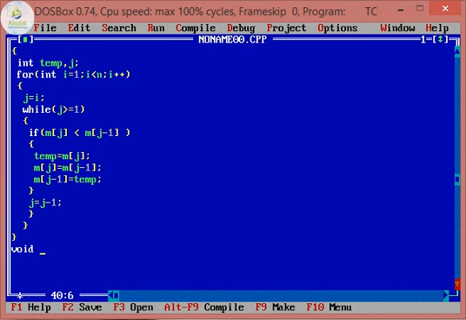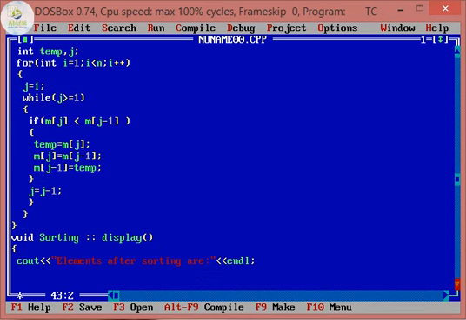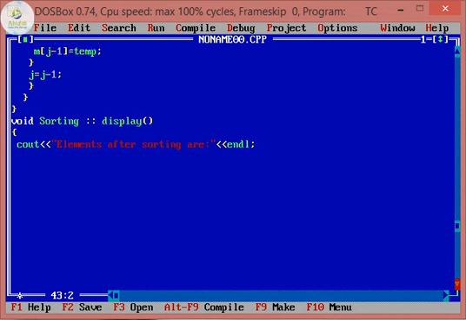The next function that we are going to define in the class sorting is the display. The display function will display the elements after sorting. So I will display the statement "elements after sorting are", and the elements will be displayed. For displaying the elements I want repetition or looping of values.